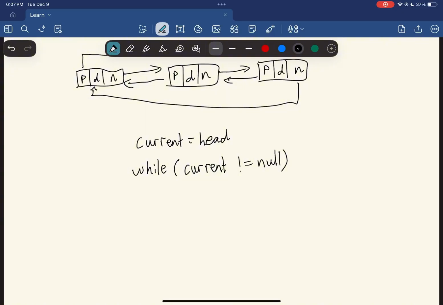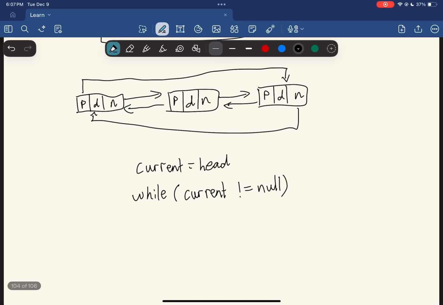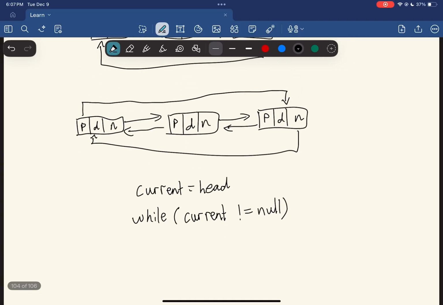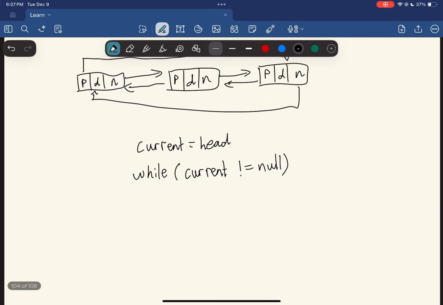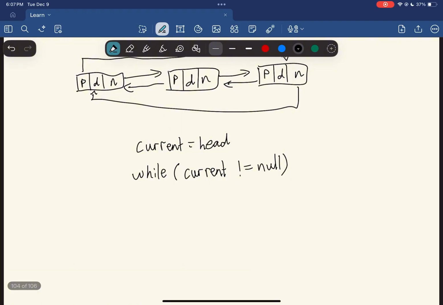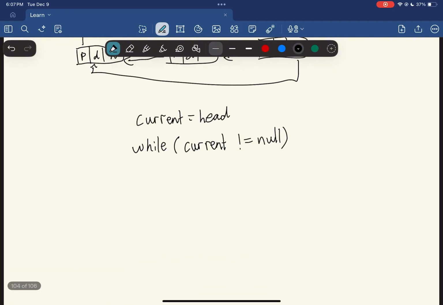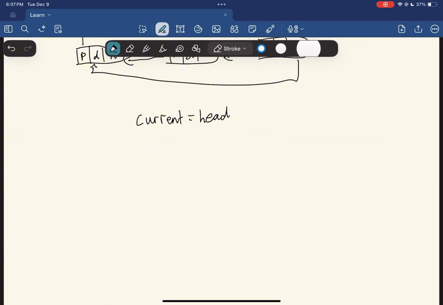So when this happens, you're basically traveling through the linked list. But because there is no null on the circular, whether single or double, instead of doing this, what we do is we are just gonna go around the circle once. So same thing, you keep the current equals head, but instead you want to do a do,